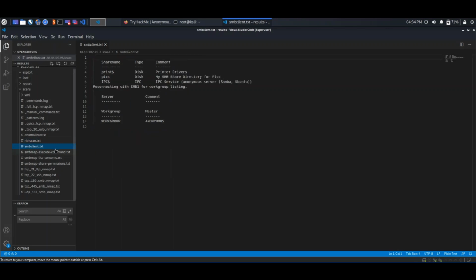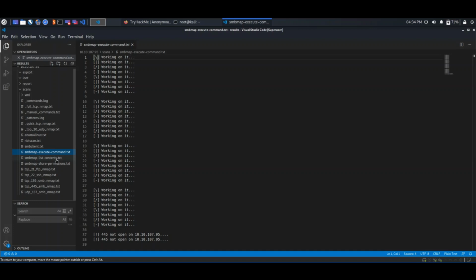As you can see, it also ran the SMB client command, and here are the results. There are a total of 3 shares. The first one is Sprint, the second one is Pix, and the third one is IPC. I think this Pix share is juicy, and I do not have to run any additional command to find that. AutoRecon did it for me. Although it does not take a lot of time, if you forget to run it, then it's going to be a problem.